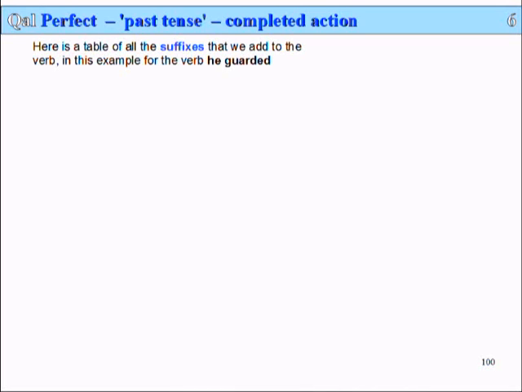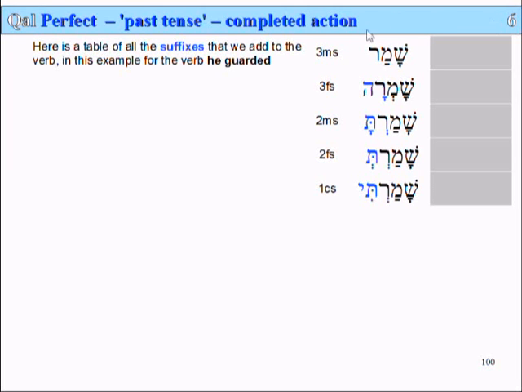In this example, for the verb, he guarded. These are singular verbs, and we'll have a look at the plurals in just a moment. And they're past tense. This is the Qal Perfect Past Tense version of the word he guarded for all the different